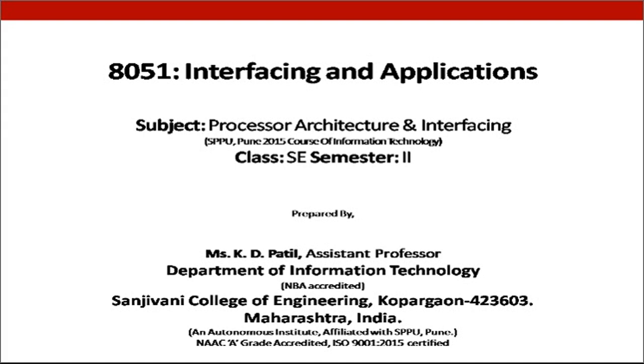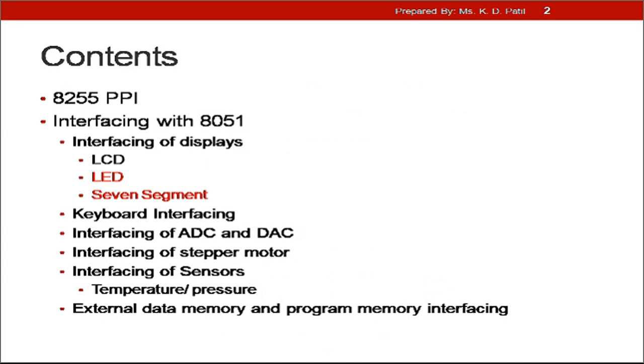Let us start with unit number 6 of the subject Processor Architecture and Interfacing. The contents are 8255 Programmable Peripheral Interface, interfacing of 8051 microcontroller with different devices like LCD, LED, 7-segment display, keyboard, ADC, DAC, stepper motor, different sensors like temperature sensor, pressure sensor, and interfacing of 8051 microcontroller with external data memory